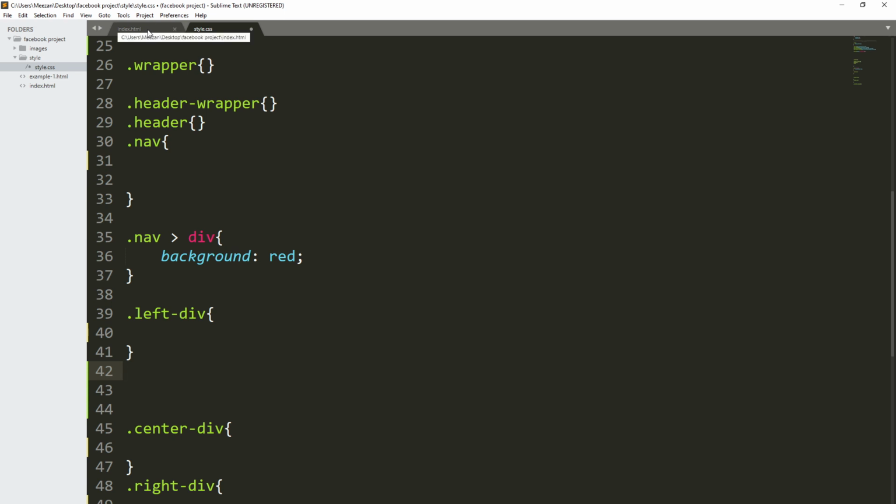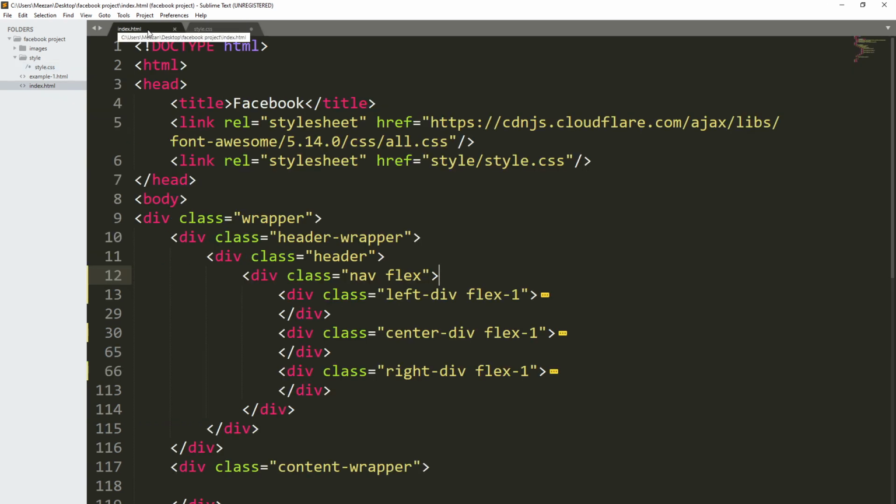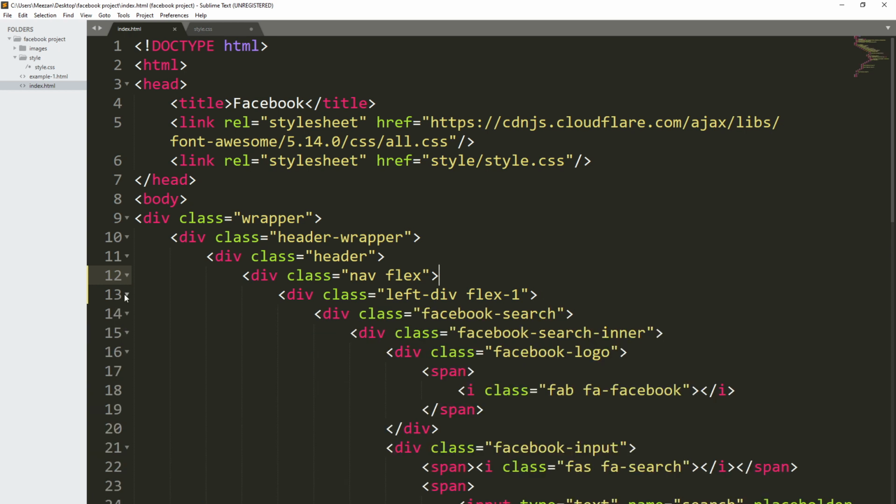So open up index.html file, and as you can see, this section is the left div. I will open this section. So as you can see, we have a Facebook search class inside. We will copy this Facebook search. We will copy this as well, which is the children of Facebook search, and it is a Facebook search inner. We will copy the Facebook logo and Facebook input,